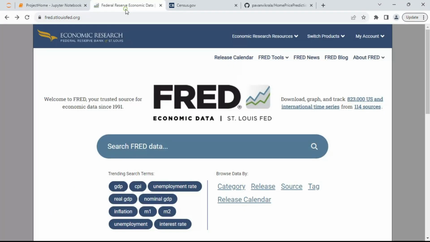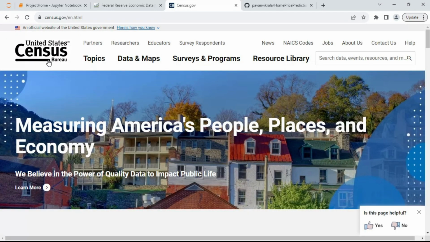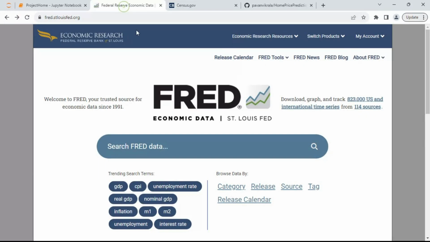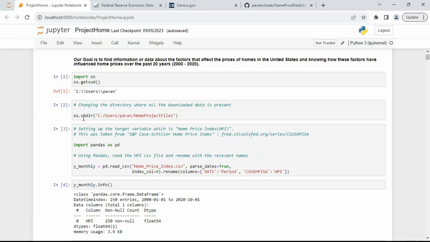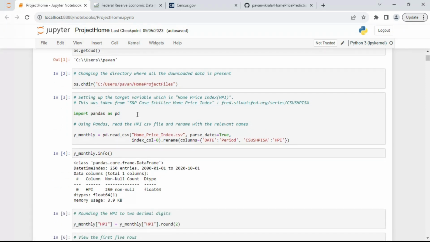All this data I have downloaded from these economic research websites, which are FRED Economic Data and the United States Census Bureau. From these two websites, I have downloaded the required data and stored it in my directory. First, I have changed my directory to where all these downloaded files are located, and using Pandas functionality, I have